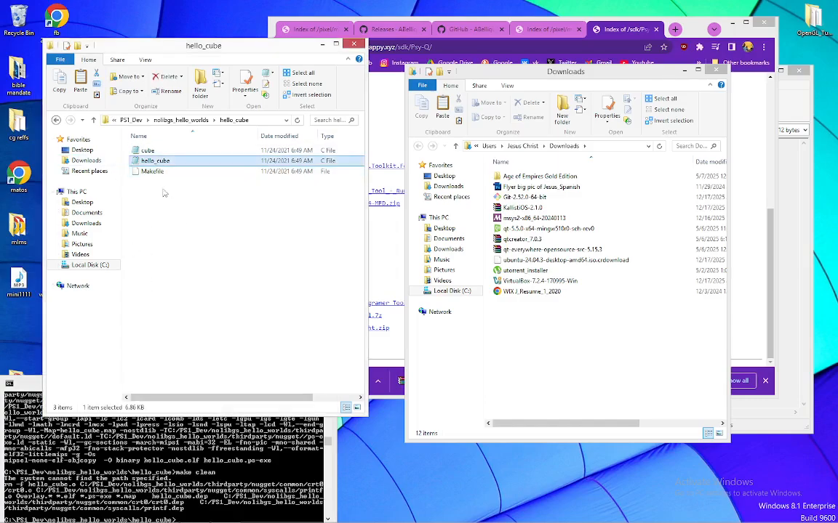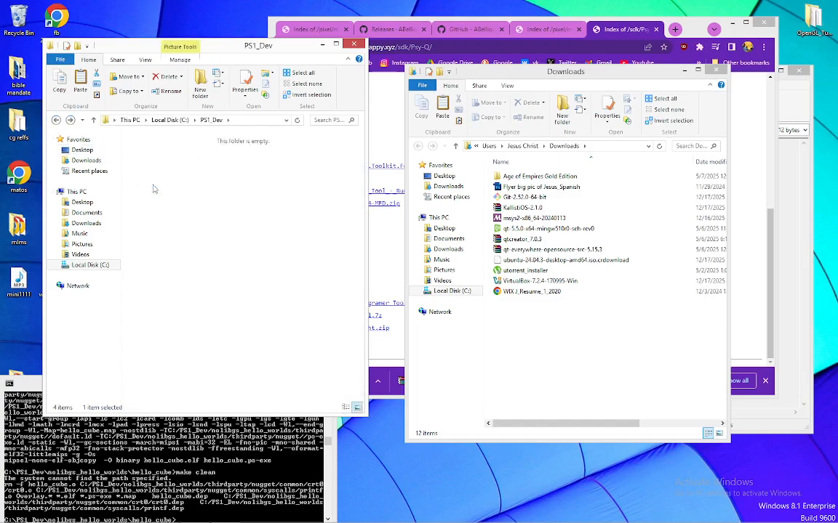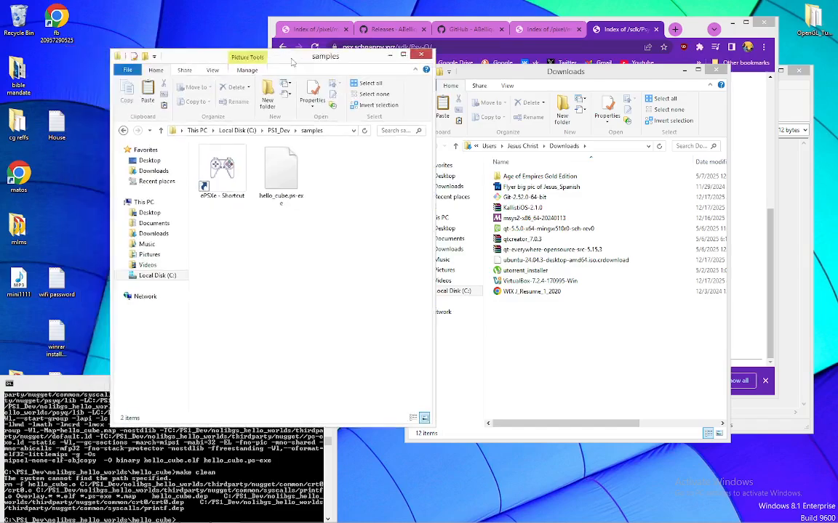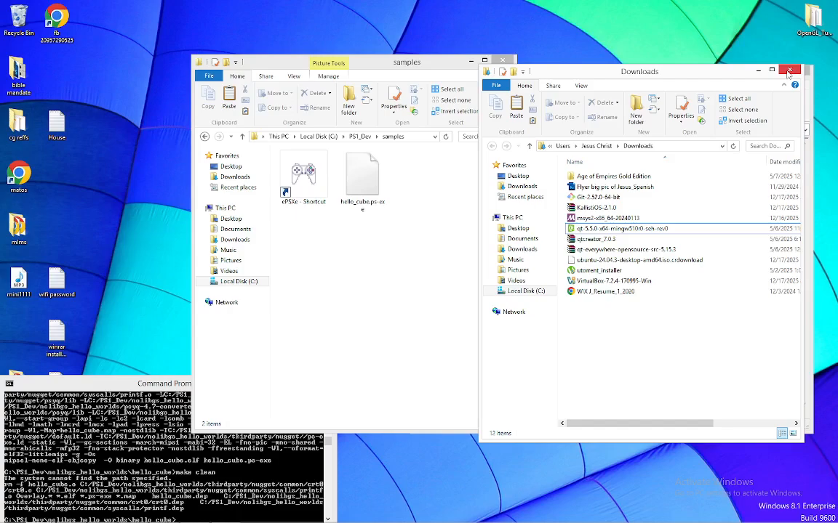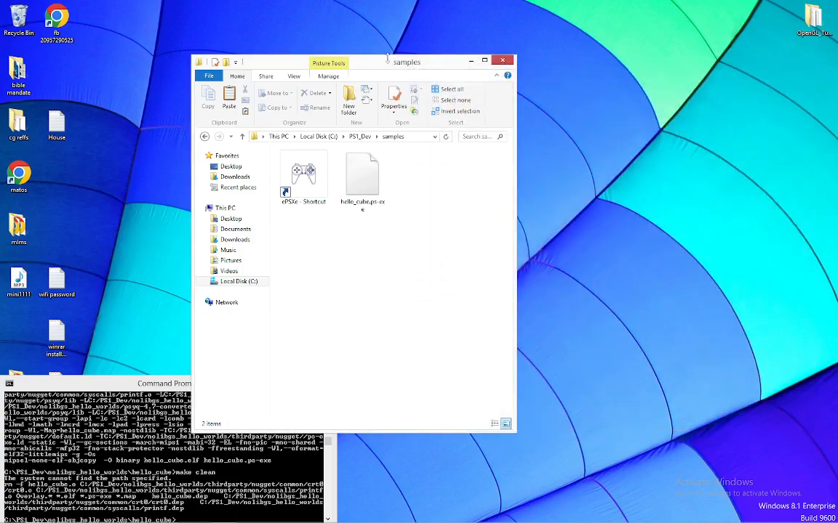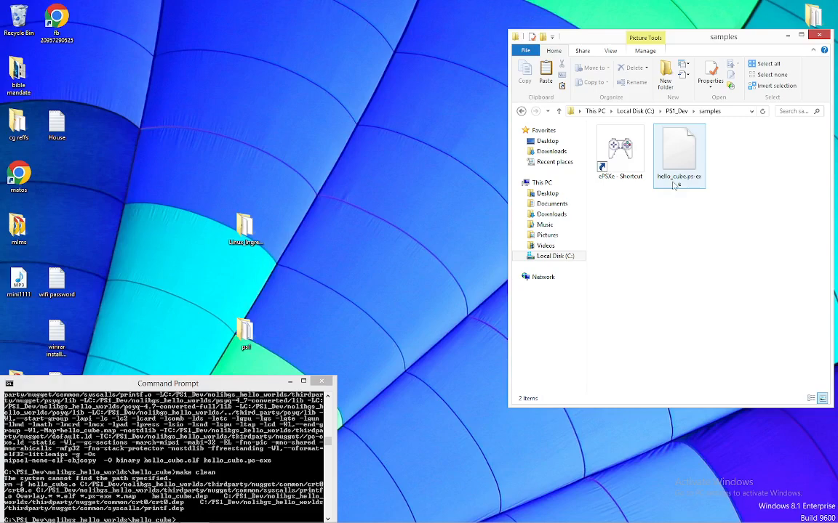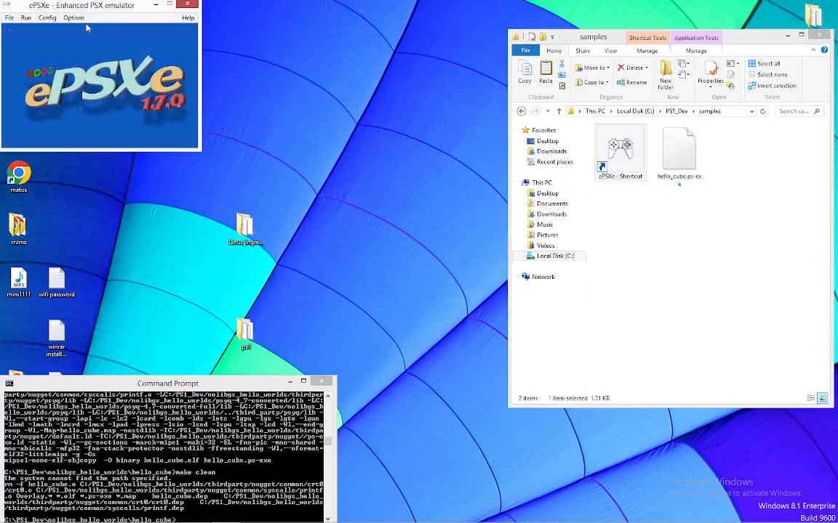Okay, so we don't need these files anymore. We don't need this folder anymore. What we need is our emulator now, because we're going to close that out. We don't need downloads anymore, and we don't need this anymore because we downloaded everything and transferred the files. So now we need to run it in our emulator. We're going to open up our emulator, and we're going to go to File, Run ps-exe,